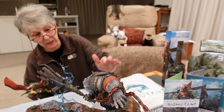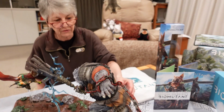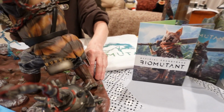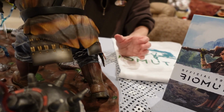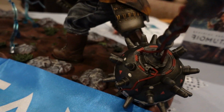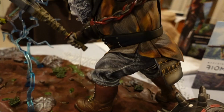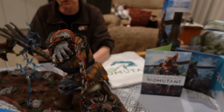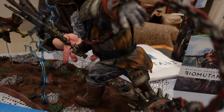is not just big, he is incredibly heavy. So the first problem we had was fitting his feet onto the pegs, because the plastic is quite stiff, it's not very yielding, and it took literally all of PoodlePa's strength to basically brute force the feet onto the base. It took us a while to realise that there are two little support acrylics, and one is needed for the hand here,